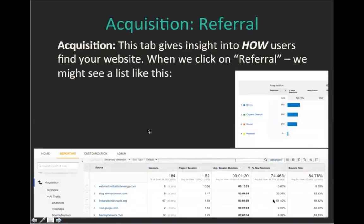So if we dive down deeper into each of these, starting with referrals, since direct is pretty straightforward. If you click on that referral, again, you can see a list of results, and this might be what yours look like. So again, any of those third-party sites. So for instance, if you're paying to be on a listing, or maybe you have a membership in an organization and they have a Find an Advisor lookup feature and you want to know, well, am I really getting visitors